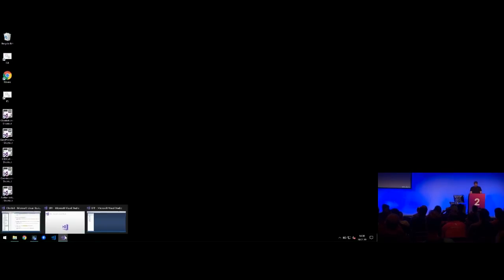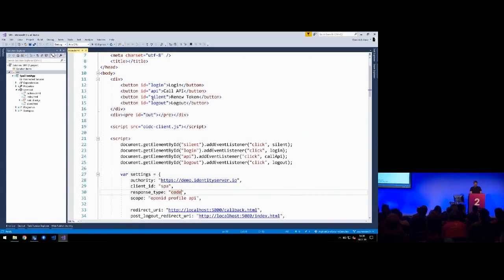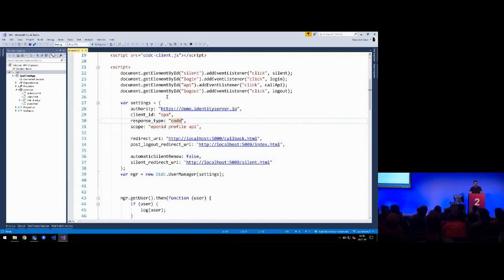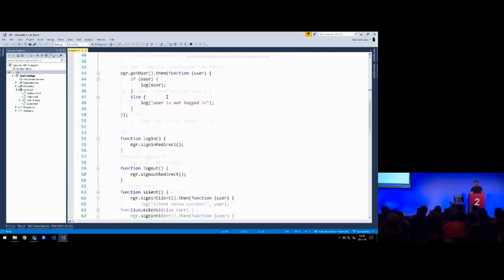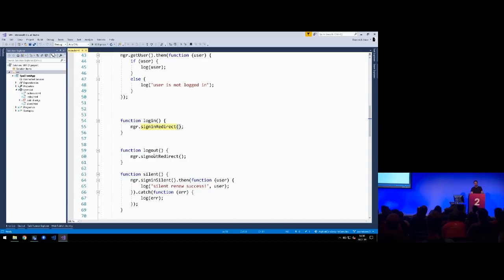I can show you the SPA sample that we use. Typically, the idea is you have an HTML file, you're loading this OIDC Client.js, you're setting all your parameters like the authority and the client ID and the response type is code and your scopes and all these things. And then to start the token request, you call sign in redirect, and to log out, you call sign out redirect. So with a good JavaScript-based client library, you can remove all of that complexity from the business code. So when I run that,